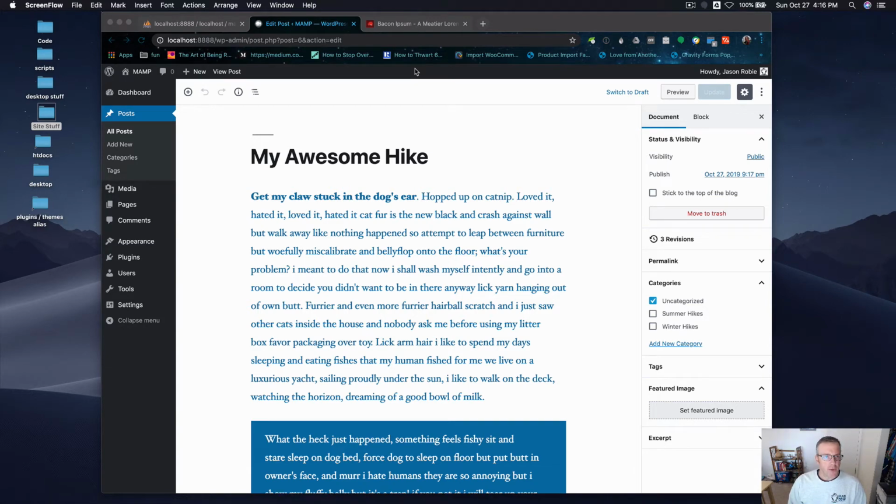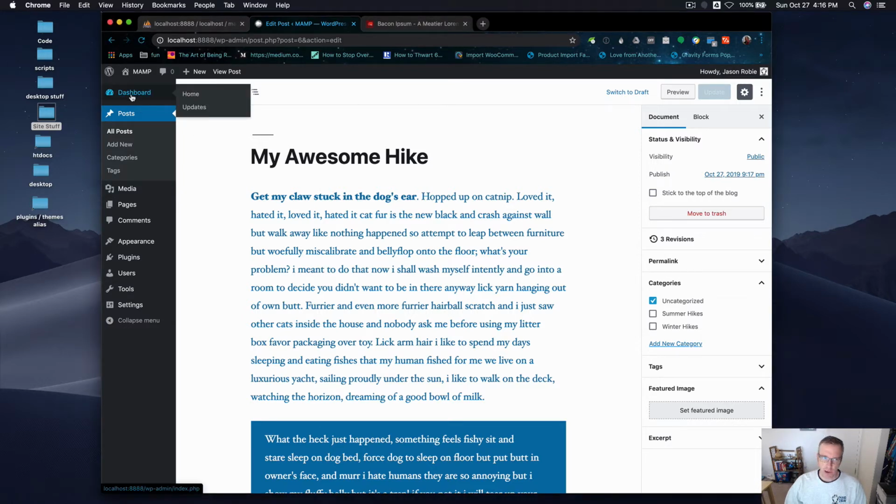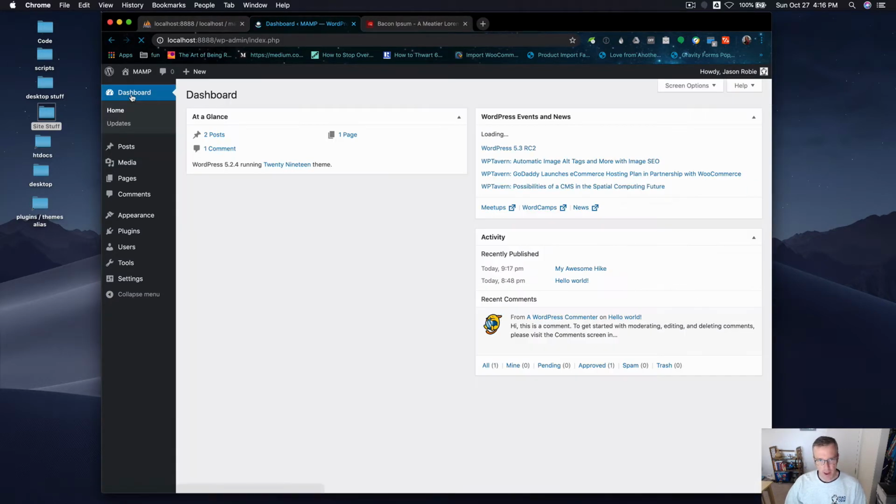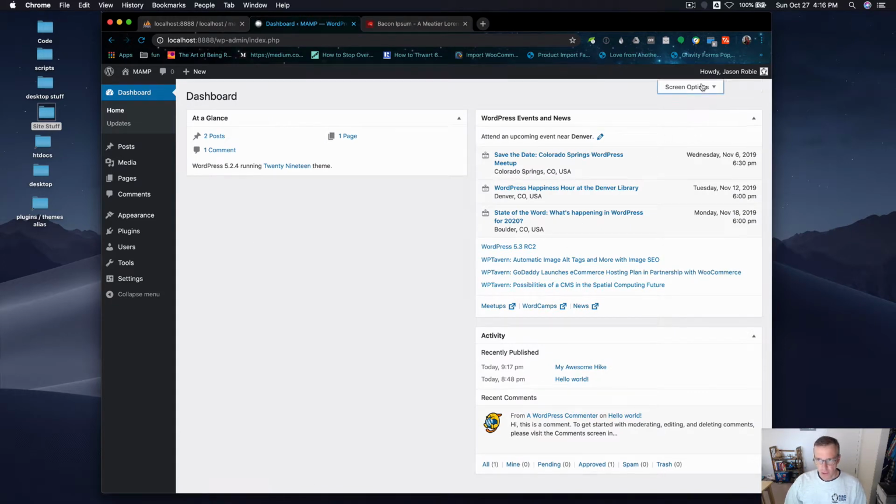Okay, before we go any further, what I would like to do is just kind of cruise through those items on the left-hand side over there and just go over a couple of things that I do in the beginning of every install. So we'll just kind of quickly go through them, and then we'll get back into doing more detailed things after that. So we've already played around with the dashboard, and we've already looked at screen options of